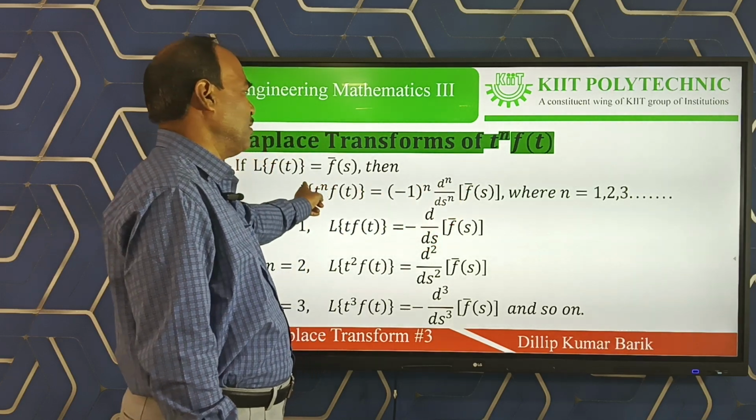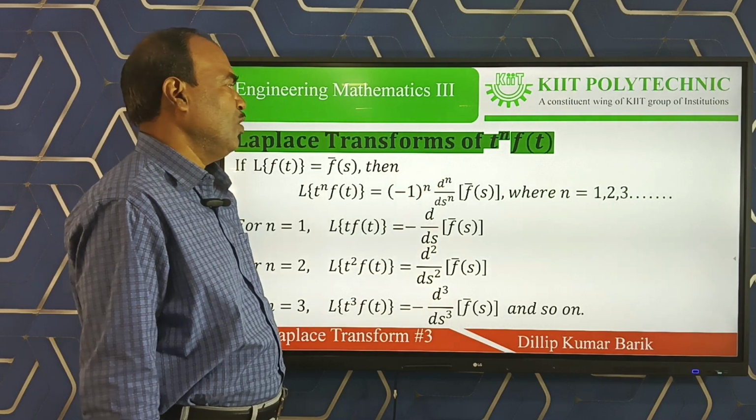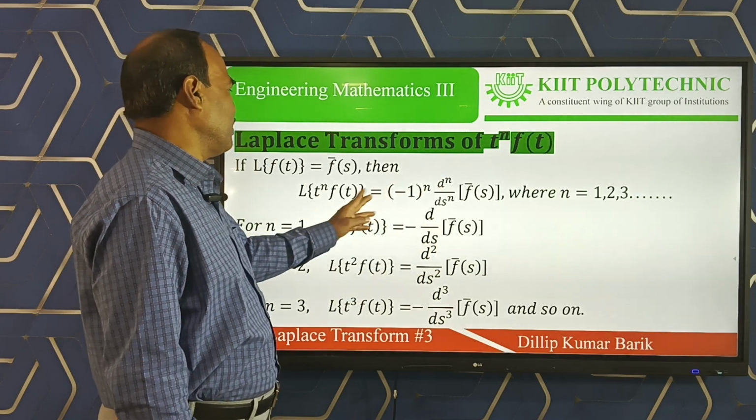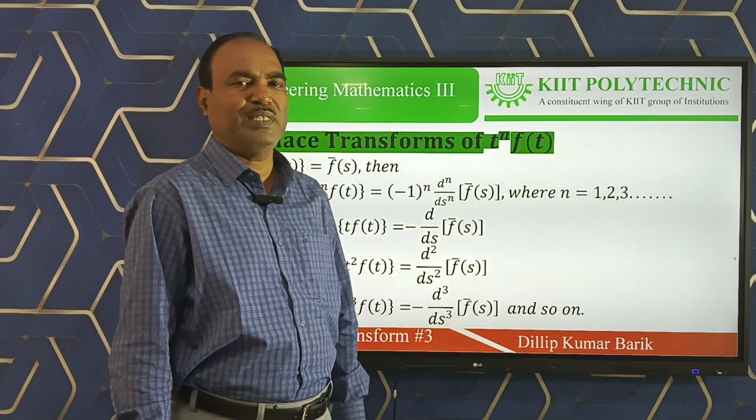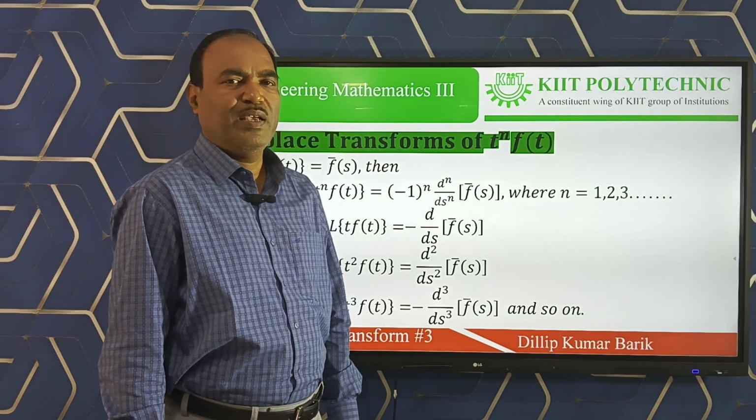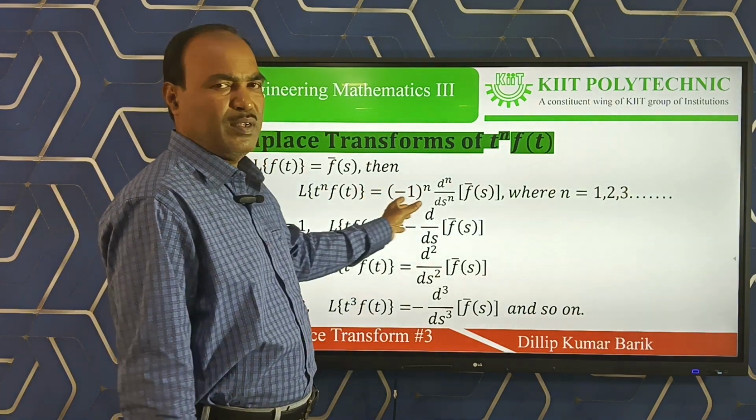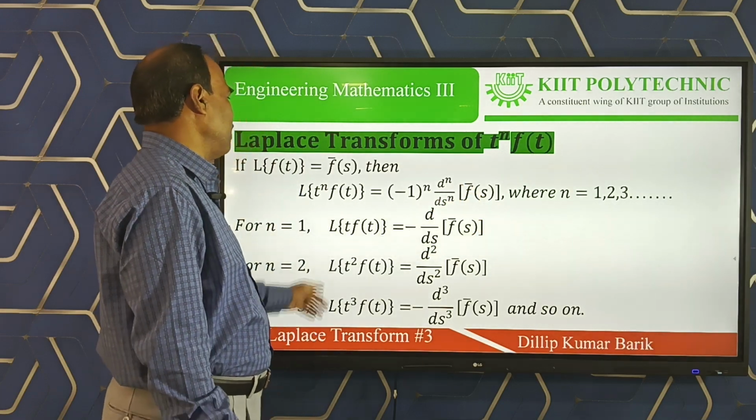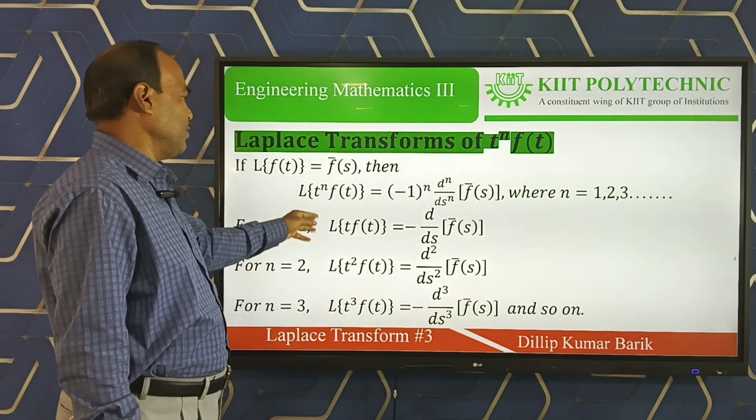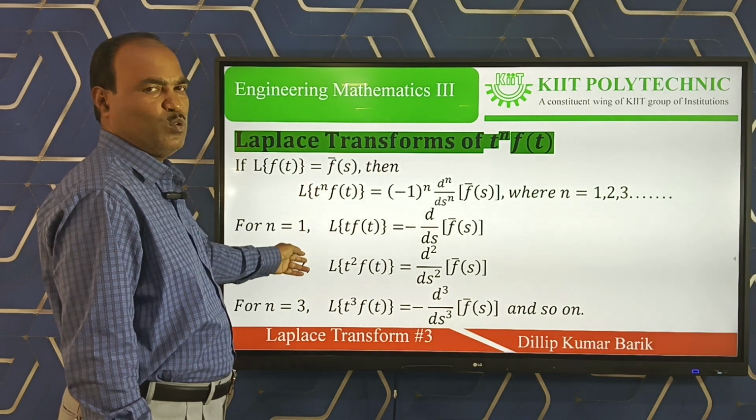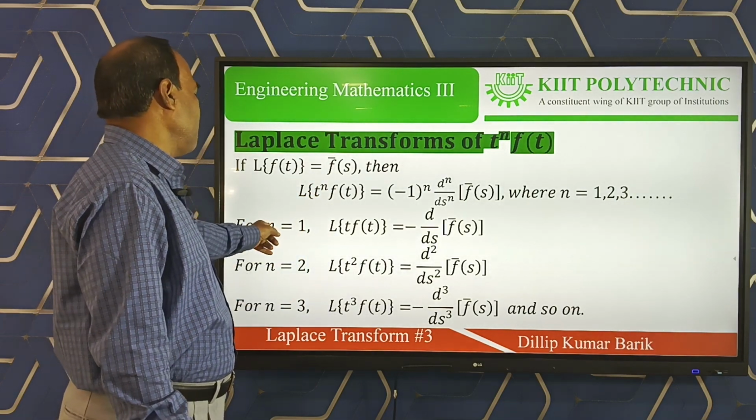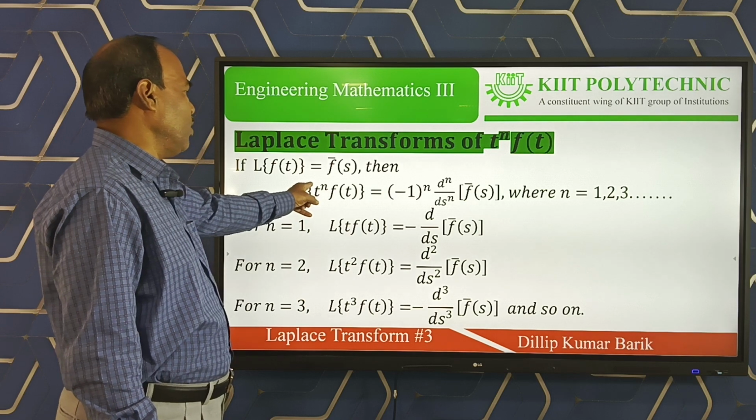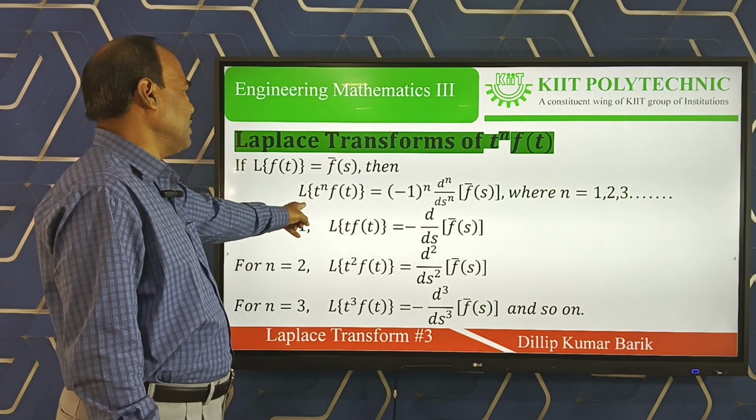F bar s means Laplace of f(t), where n stands for 1, 2, 3 onwards. This formula was derived by the mathematician Leibniz, and it is also called Leibniz's rule in Laplace transforms. In your syllabus, n is equal to 1, maybe 2, maybe 3. So for n equal to 1, if I put 1 in this formula, the LHS will be